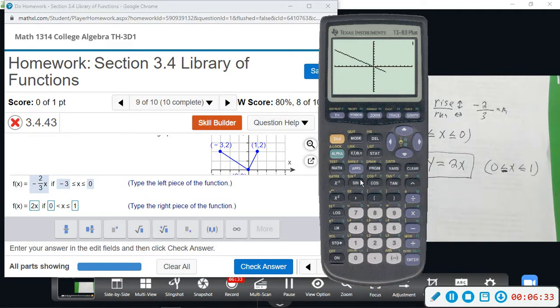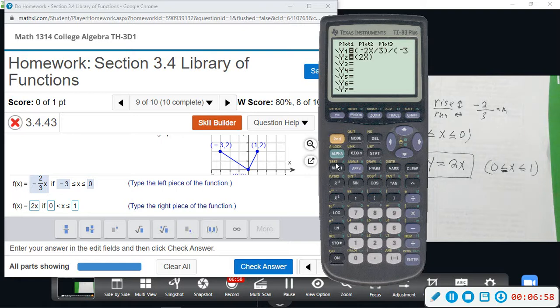Now first I'm going to graph and show you the whole thing. So that's one line. It spans the whole graph. That's the other line. Now I'm going to restrict it. So I'm going to go back to y equal. This first graph was restricted between negative 3 and 0. So the way you do that is you do divided by, and then open parentheses, and we're going to do negative 3,